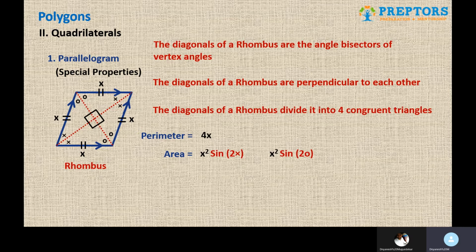But you remember that parallelogram itself is a classification of quadrilateral. So the area formula of quadrilateral should hold true as well, which is half into d1 d2 sine theta. So half into d1 d2, but for sine theta, the angle is 90 degrees, and you know by now using trigonometry that sine 90 is 1, and hence that term goes off and the formula is half into d1 d2. These are the reasons, and this is why this is the formula. You should remember like this, because you should not just memorize by heart, you will not remember it for a longer duration. You should remember it with a connection, that why it is like this.